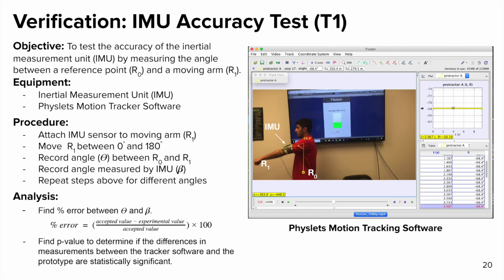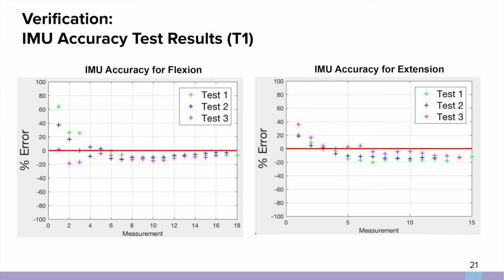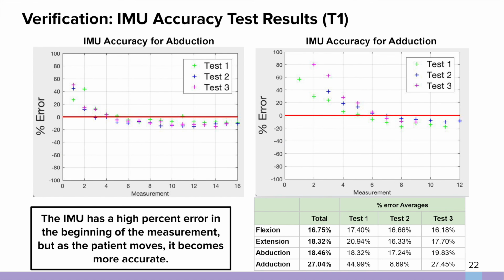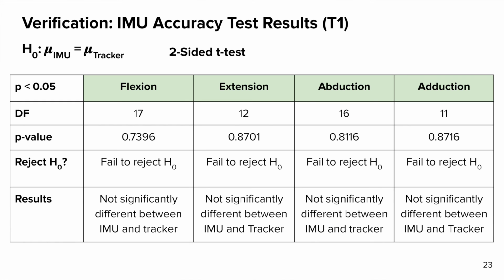Verification included testing the accuracy of the inertial measurement unit by comparing the accepted value found by motion tracking software to the angle outputted by the inertial measurement unit. Test results showed that for all 4 movements, the prototype was initially inaccurate, but at the max ranges of motion, the prototype was correct. This is due to the motion tracking software always initially reading 0, but the inertial measurement unit picking up the slightest movement in the upper arm, creating a difference. Statistical analysis of the results proved that there is no statistically significant difference between the prototype and the accepted value. To test the usability